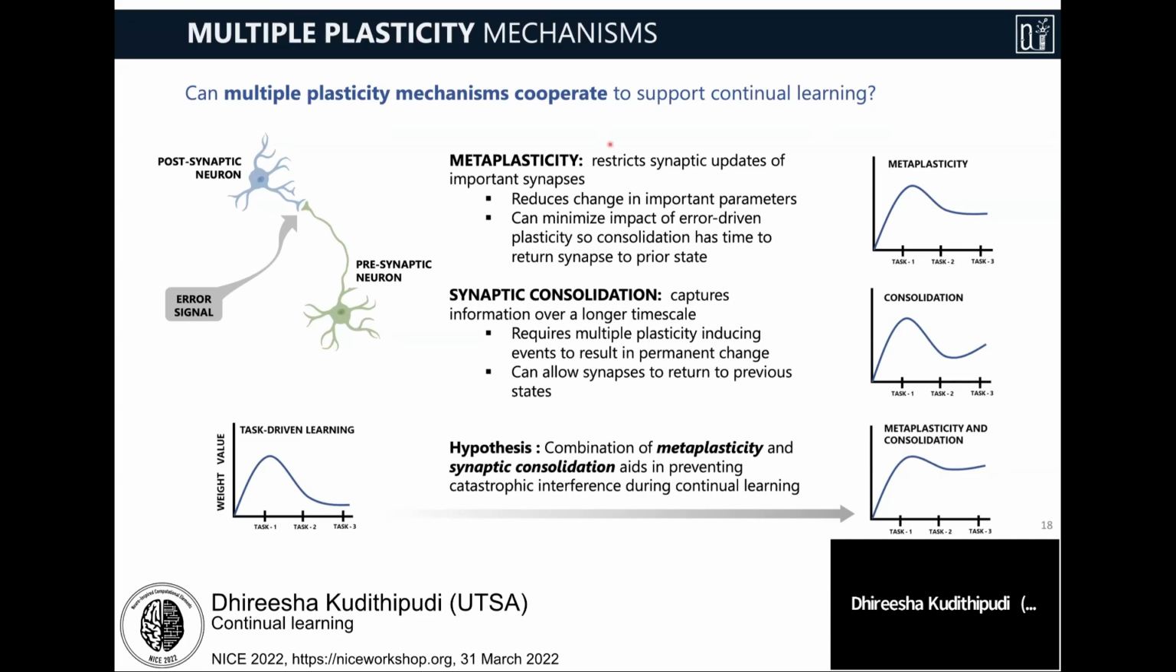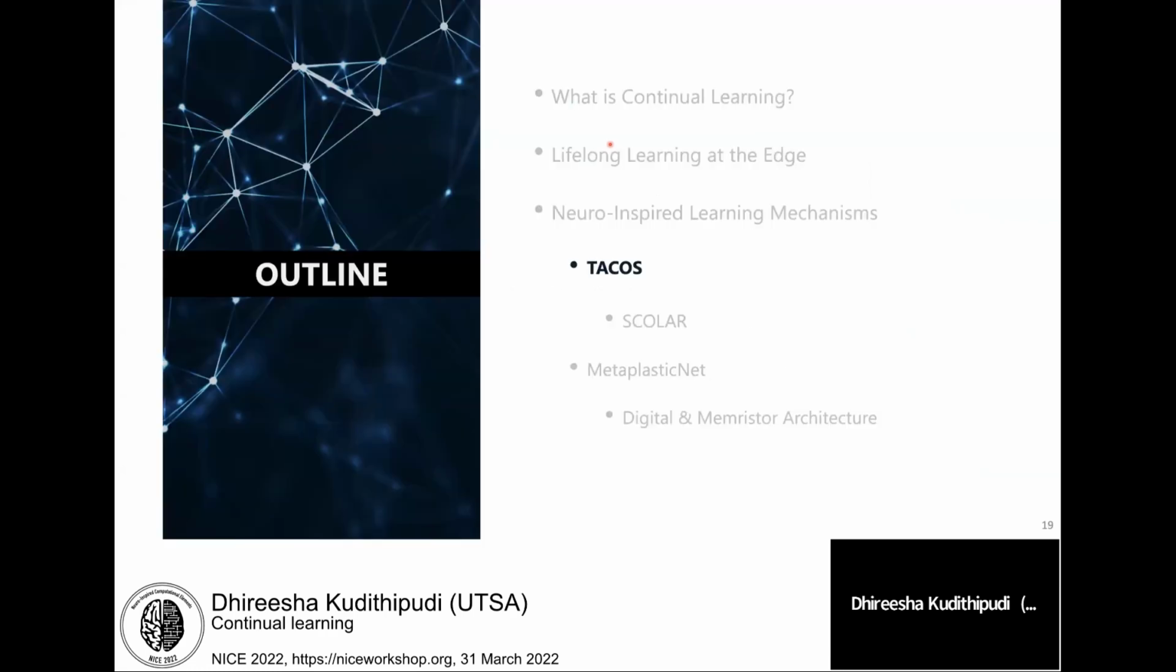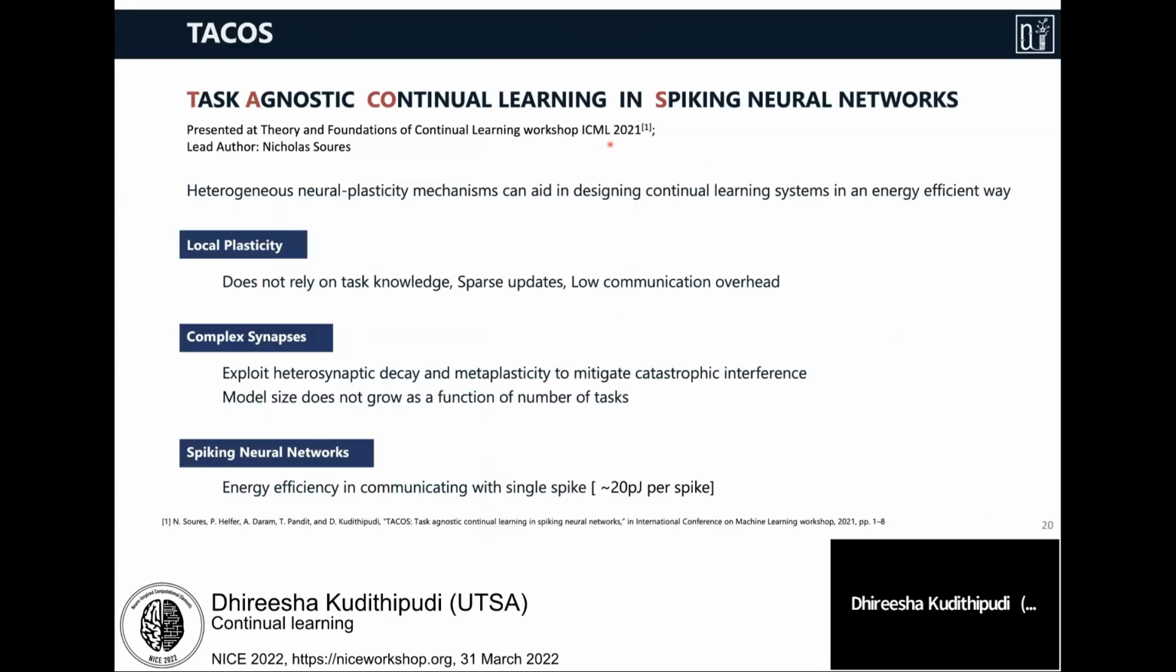So in a way, metaplasticity is restricting the synaptic updates of important synapses, and consolidation is capturing information over a long time scale. By combining these two mechanisms, we thought we could help the network avoid this catastrophic interference. With that came the idea of this model. We call it TACOS. And this was actually realized in a spiking neural network. This is the first spiking neural network that is shown in a continual learning model,